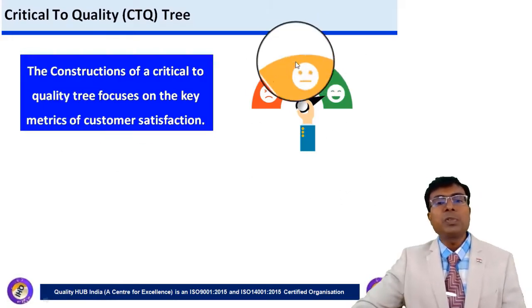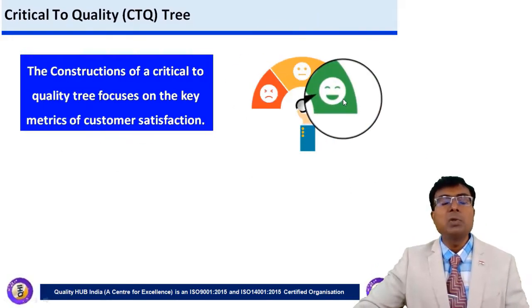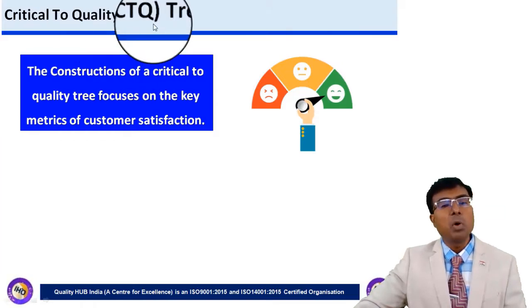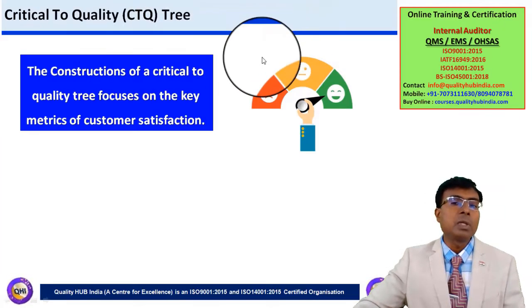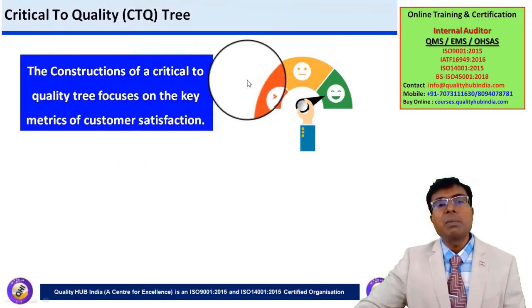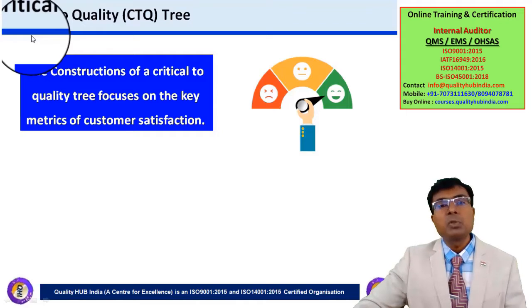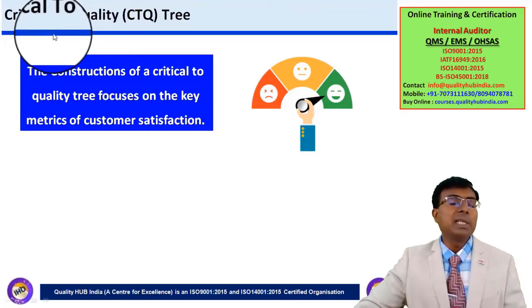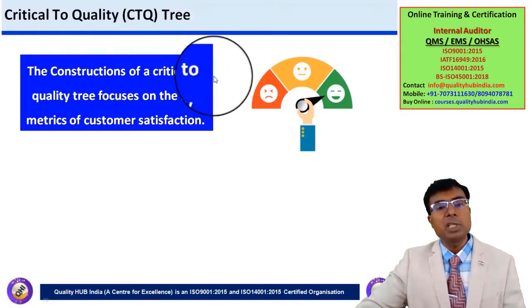So as I've told you, for customer satisfaction, we need to understand what are the critical elements which is important for the customer satisfaction. For a customer, there might be lot many requirements, but all of the requirement may not be critical in nature. So we need to understand which are the impacting or the critical having the most significant impact on the satisfaction of the customers.